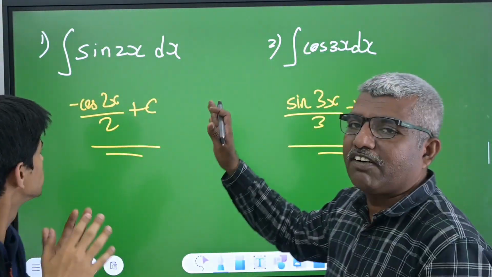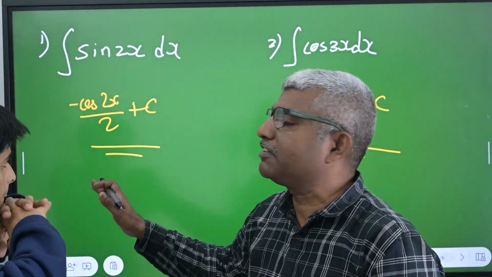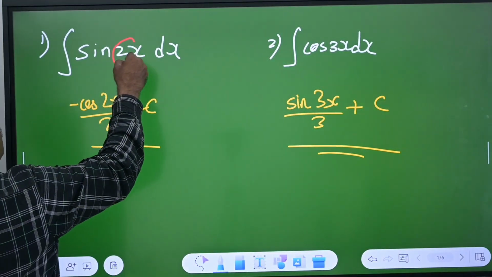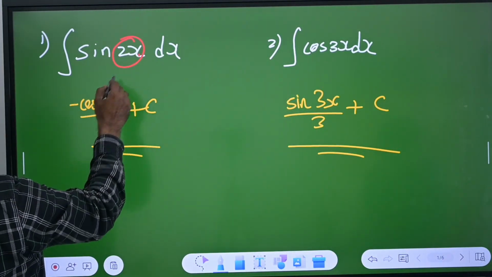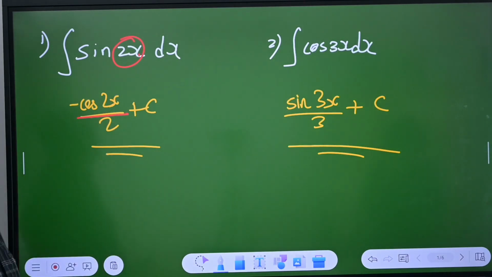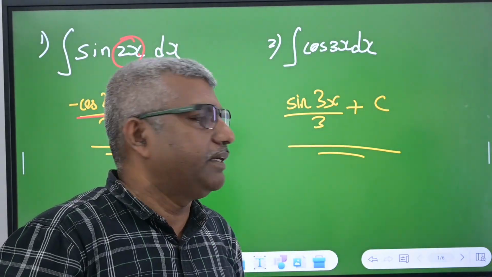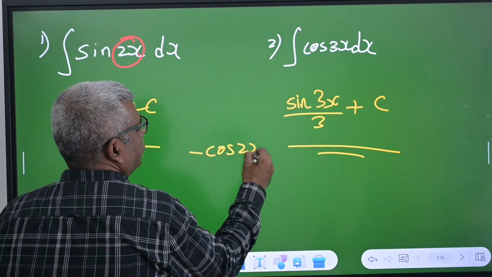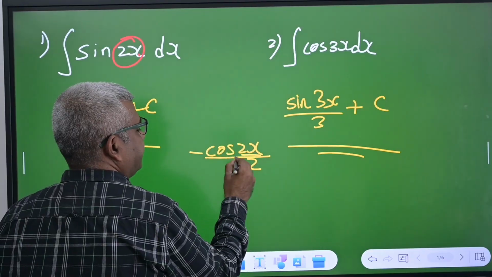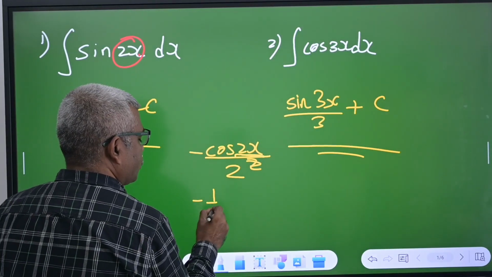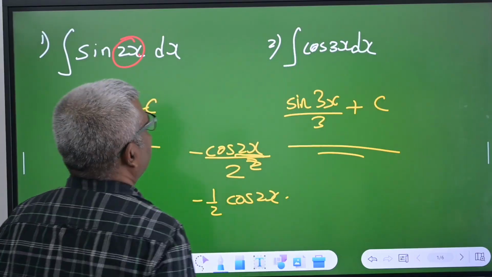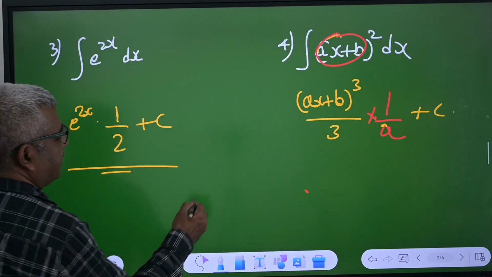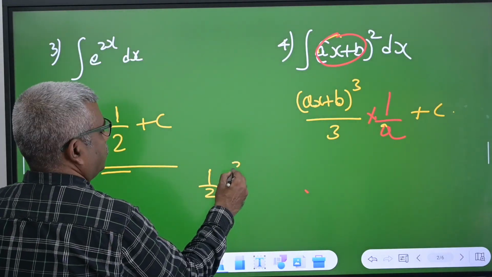Sin x differentiation is cos x. Sin x integration is minus cos x. For this 2x, what you have to do, you differentiate, it will be 2, and you divide the integration value by 2. Some people will write minus cos 2x by 2, or minus 1 by 2 cos 2x. When you are writing the final answer, write the number first, 1 by 2 e power 2x